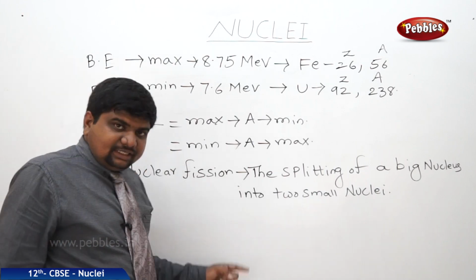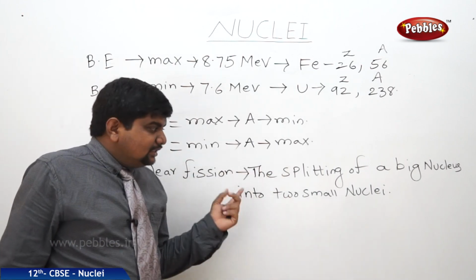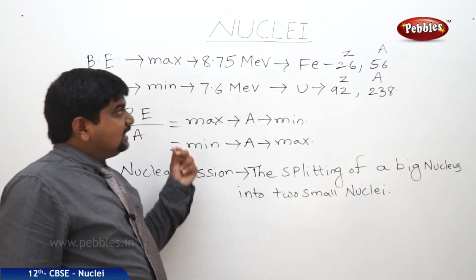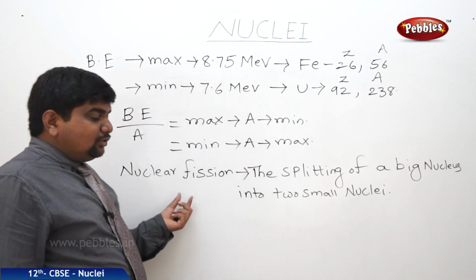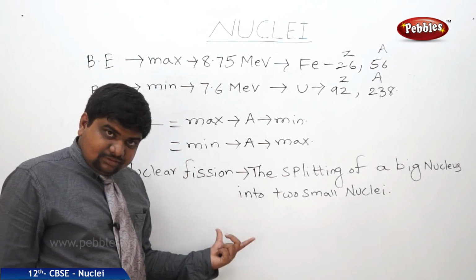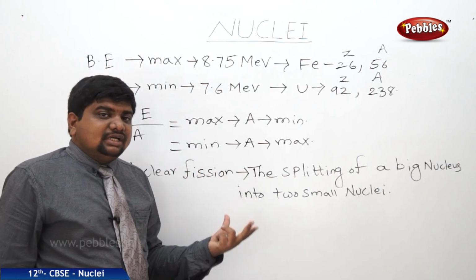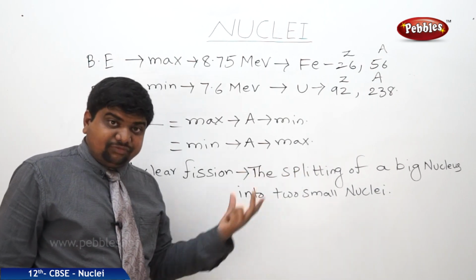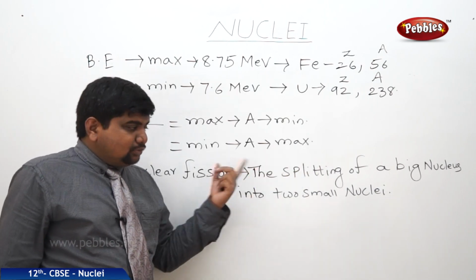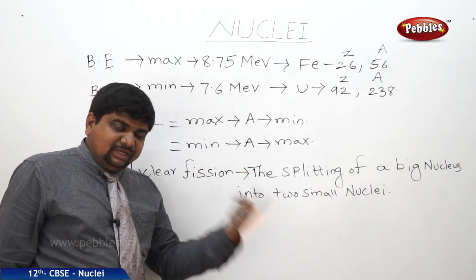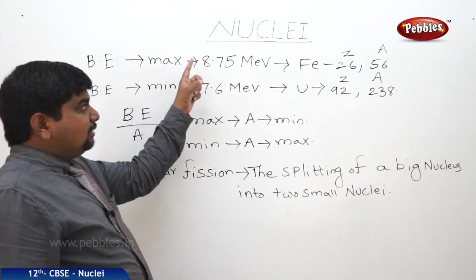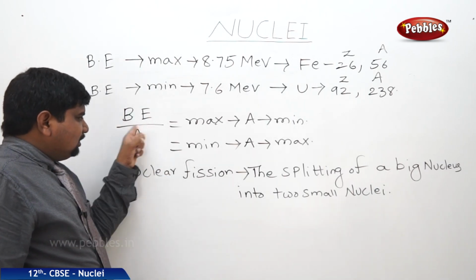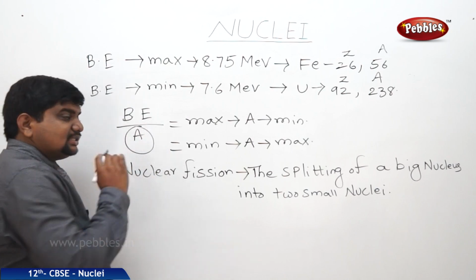In case of fission, when a nuclide is splitting, there is a possibility for the release of energy also. As I told in the beginning of binding energy, the amount of energy released in fission, or the amount of energy used to combine two small nuclei into a big nucleus in fusion, is the binding energy. In both cases, the energy required to split or to combine is called binding energy. The binding energy is dependent on mass number.